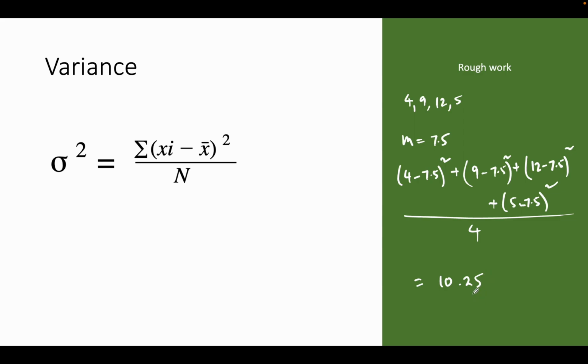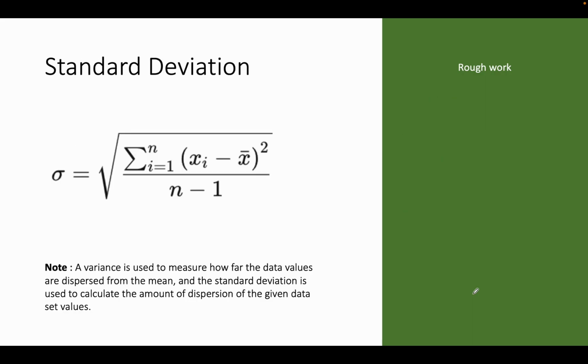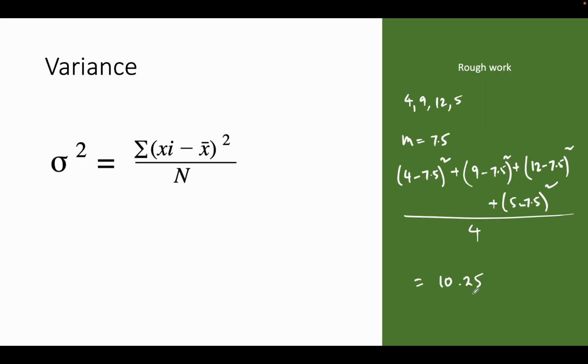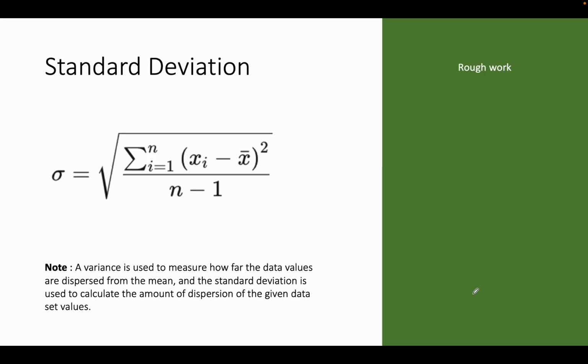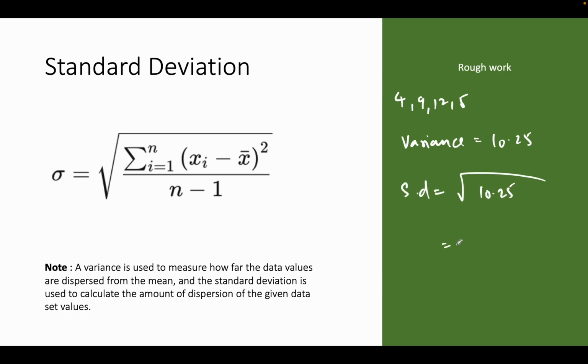Next we'll look at standard deviation. Suppose we calculated the variance for the values 4, 9, 12 and 5. The variance value was equal to 10.25. So the standard deviation will be equal to the square root of 10.25, which will give us